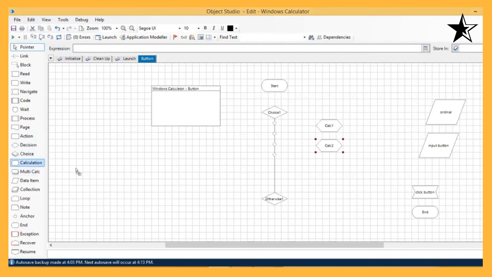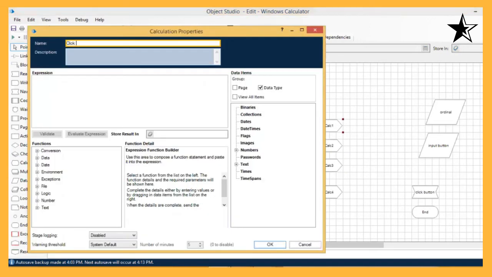So I take 4 calculation stages and name them click button 1. Right. Now what will I fill in the expression? In the expression I will fill the ordinal value. So what is the ordinal value for button number 1? It is 5. Right.